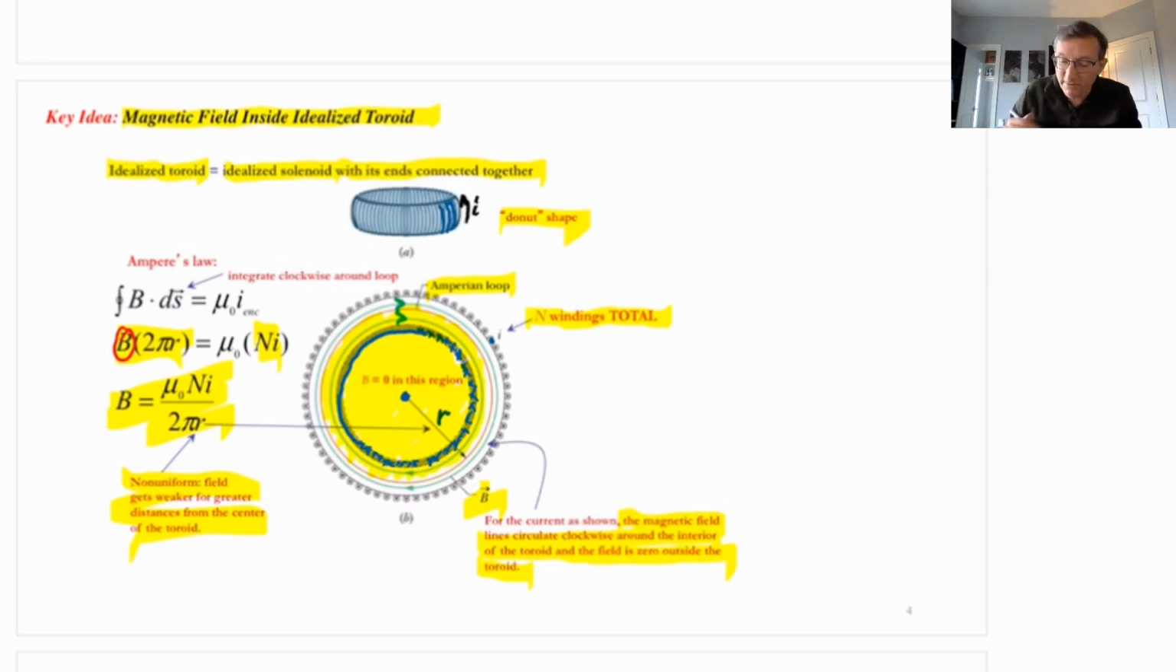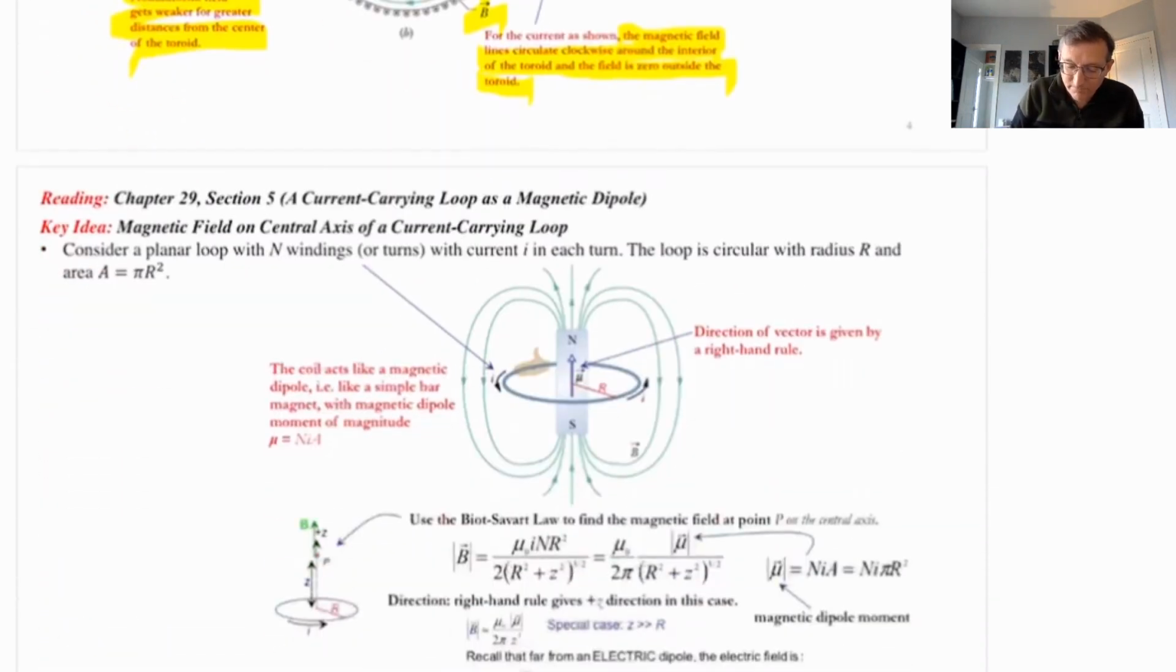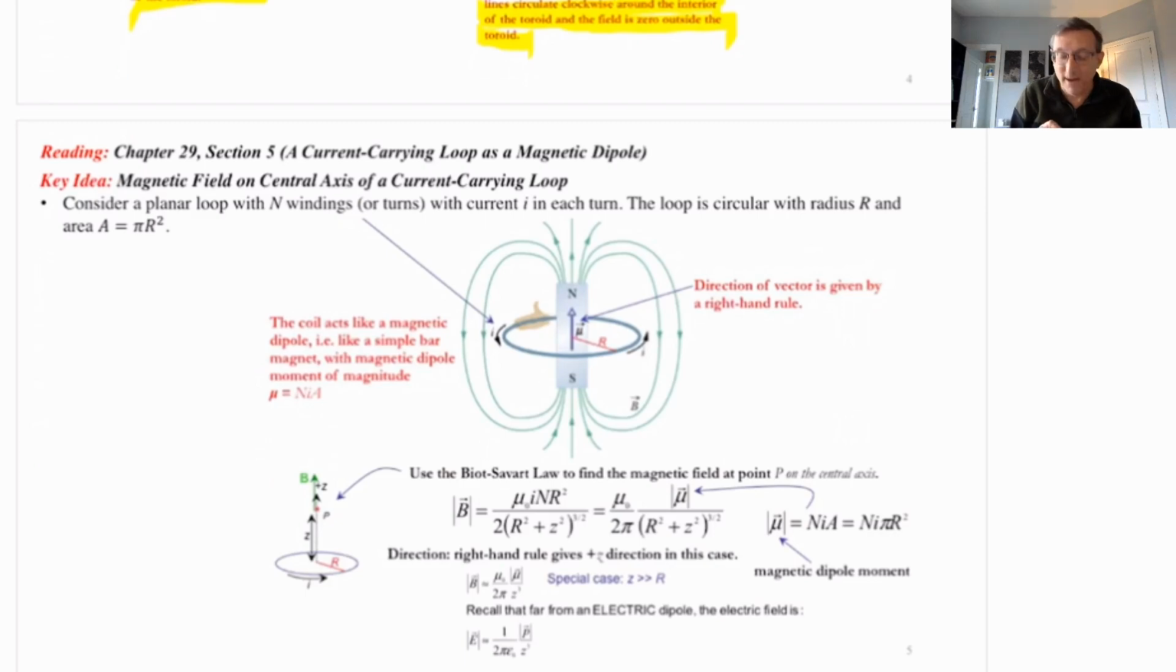So that's another very useful result that we will use: the magnetic field in the body of a toroid. Okay, there's one more section to talk about. Chapter 29, section 5. And now we're going to talk about